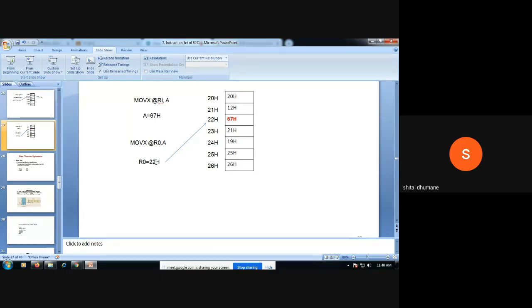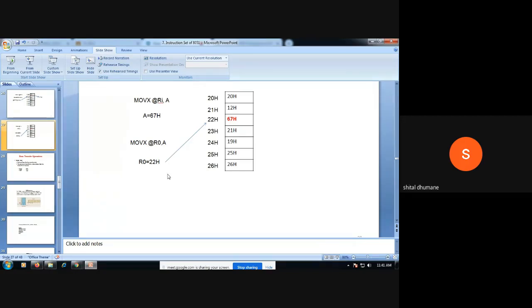You can consider any memory location and any data in the accumulator and R0. So here R0 holds the 8-bit memory location. @R0 means what? @22. So your accumulator contents, 67, will get moved into that memory location @22. Okay, so this is your data transfer from the accumulator to an indirectly specified external memory, related to internal and external memory data transfer.